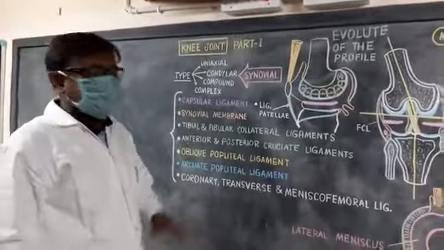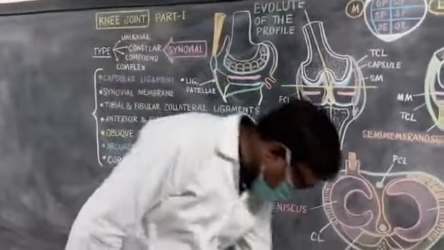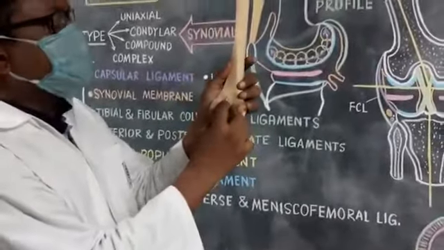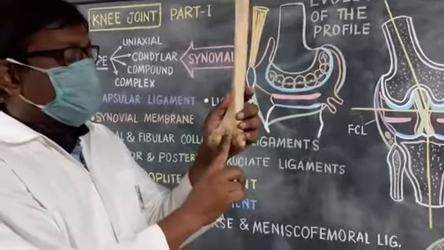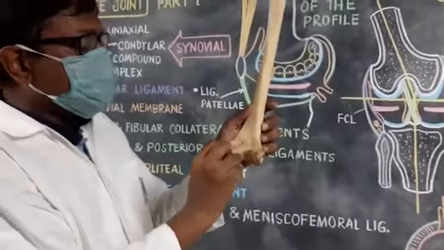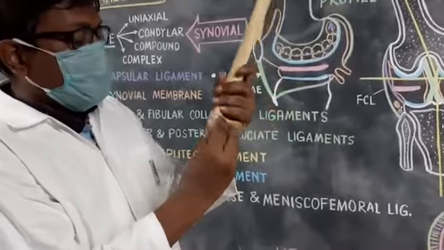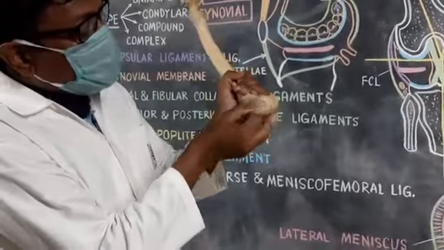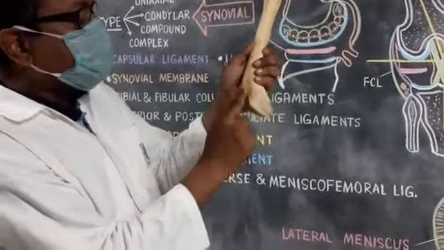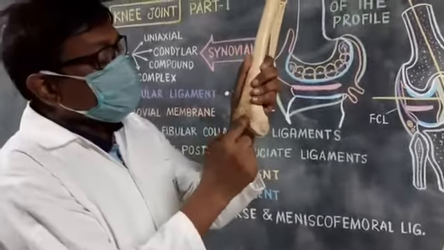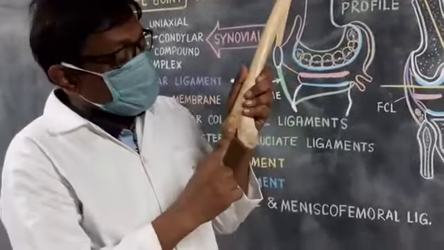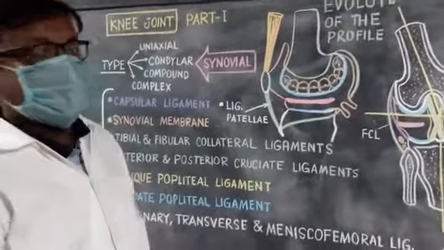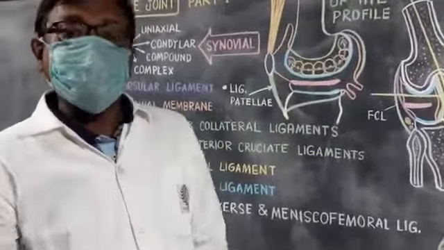Capsular ligament envelops the knee joint. Proximally, it is attached along the upper border of the floor of the intercondylar area, close to the articular margins of the medial and lateral epicondyles, and on both medial and lateral surfaces 1 inch above and parallel to the articular margins. Above the patellar surface there is an extension of the synovial membrane as the suprapatellar bursa. So in this area, the capsule is deficient.